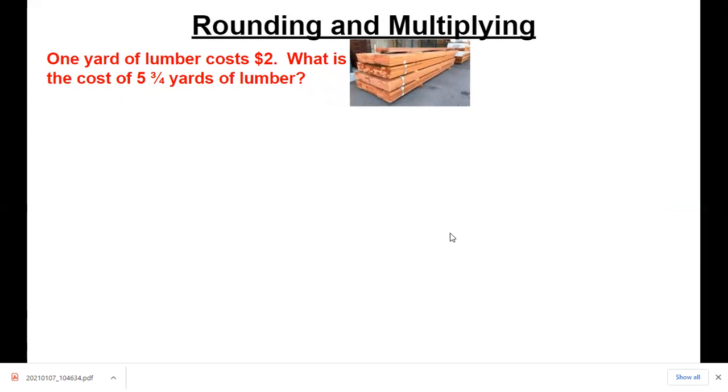1 yard of lumber costs $2. What is the cost of 5 3/4 yards of lumber? So we're going to estimate first. I just want to show you that 3/4,